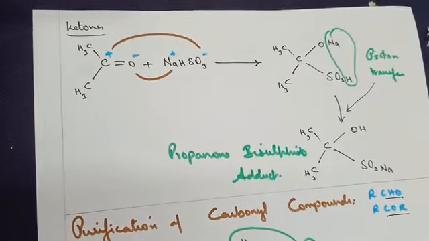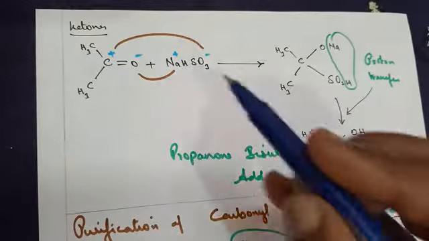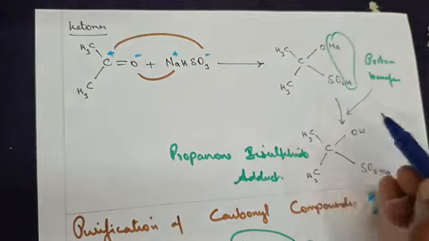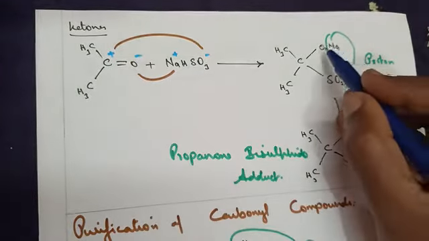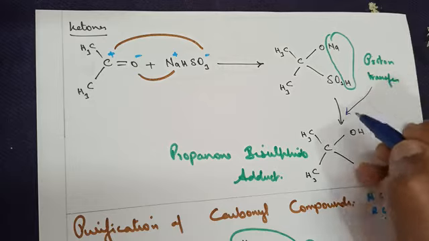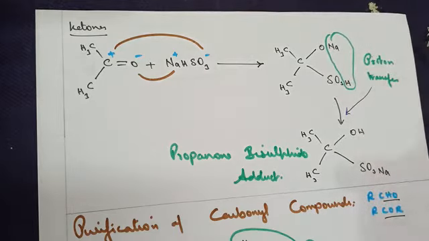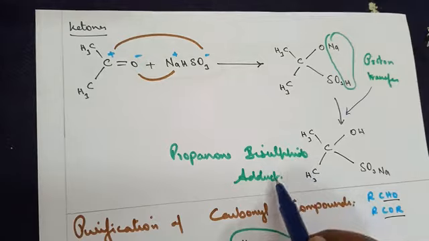When we move on to ketone, the same explanation applies. When you treat a ketone with sodium bisulfite, here again C will come in, a plus will combine with a minus, so we get SO3H, and plus will combine with a minus ONa. Proton transfer takes place. So O will combine with an H, you get an OH and SO3Na. So propanone becomes propanone bisulfite adduct, or an addition compound.